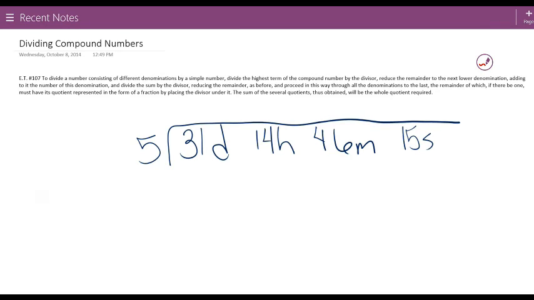Today we're going to talk about dividing compound numbers using the text Elementary Treatise, section 107. So the rule in section 107 says to divide a number consisting of different denominations by a simple number, divide the highest term of the compound number by the divisor, reduce the remainder to the next lower denomination, adding to it the number of this denomination, and divide the sum by the divisor, reducing the remainder as before, and proceeding